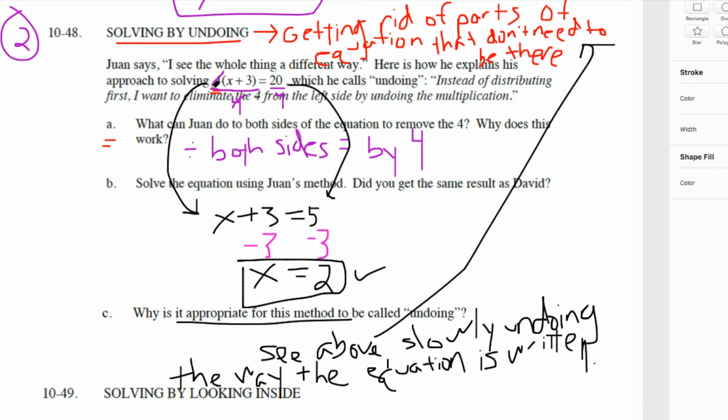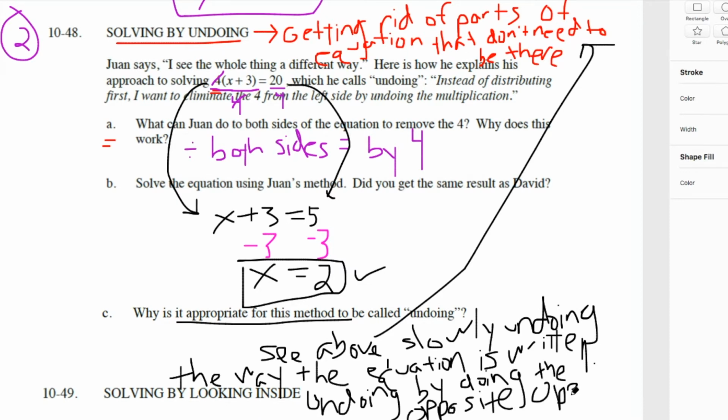Okay, and the way we're doing that, just think about the way we're undoing too. Where this operation was multiplication, we undid it by division. And this option here was also solving by undoing, technically, because the operation happening to x was addition. We undo it by subtraction. So we might want to say something about that here, that the way we're undoing is by doing the opposite